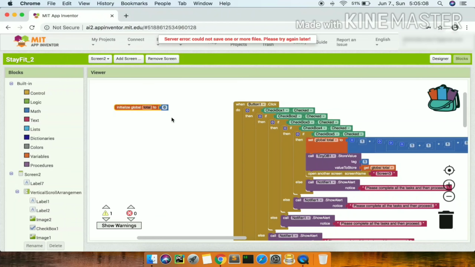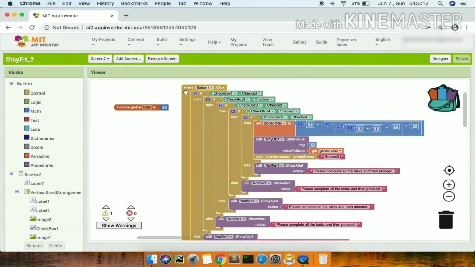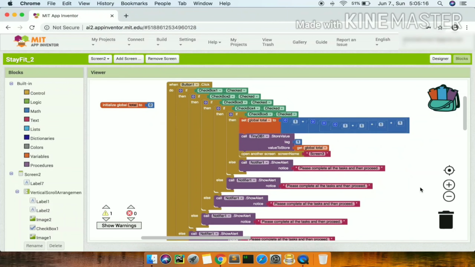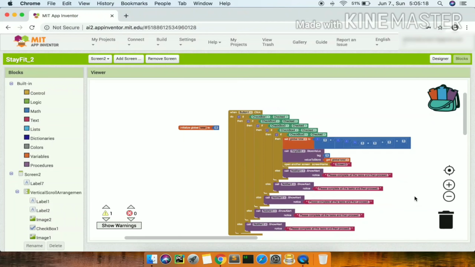So now, when button 1 dot click, first I'll bring that small code for the back button.